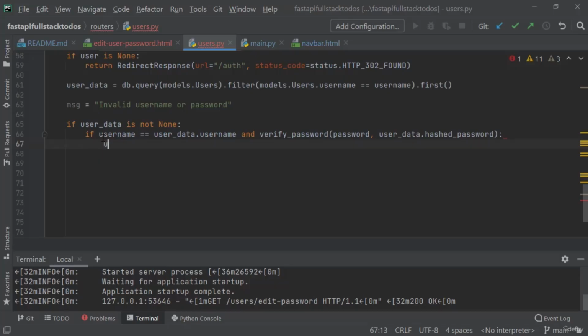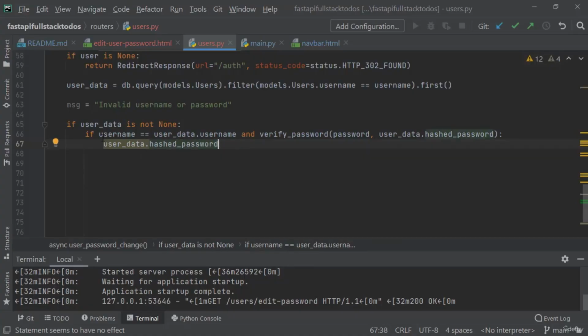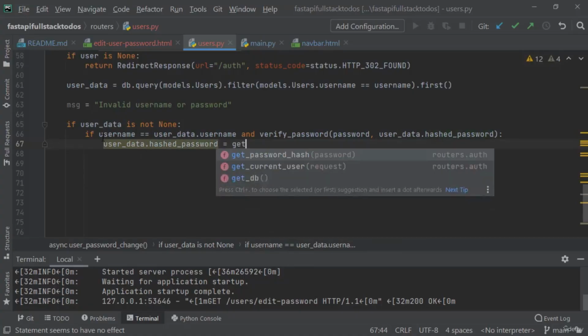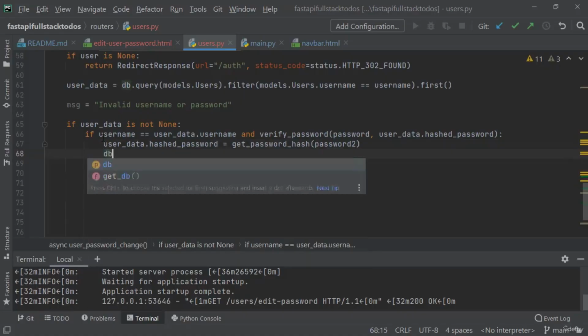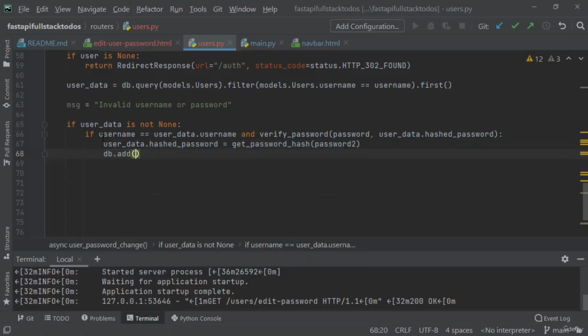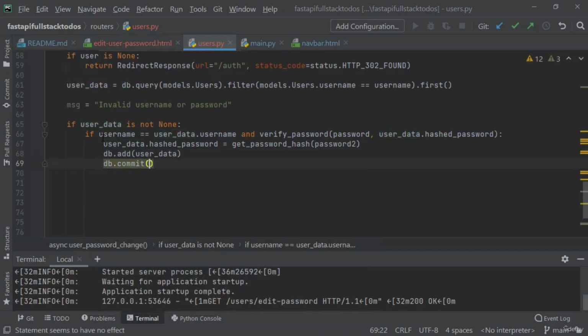Then user_data.hash_password is equal to get_password_hash(password2). We then want to say db.add(user_data), db.commit(), and then we want to override our message with "Password updated",